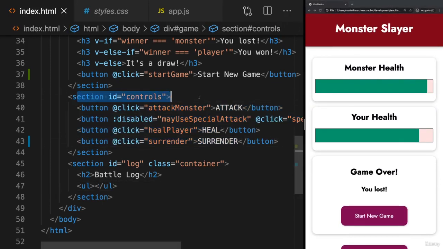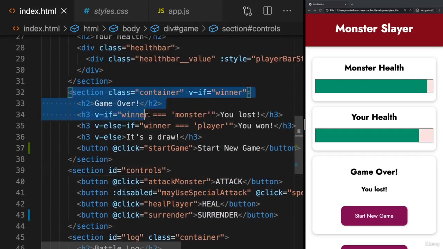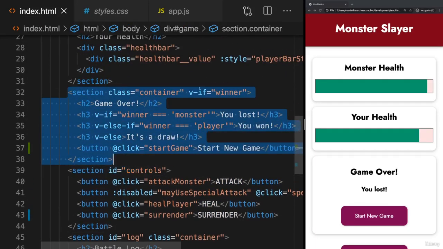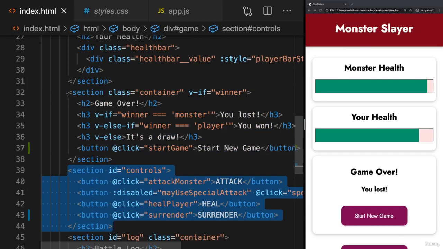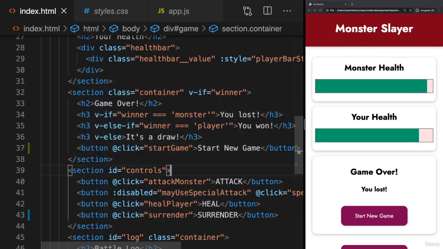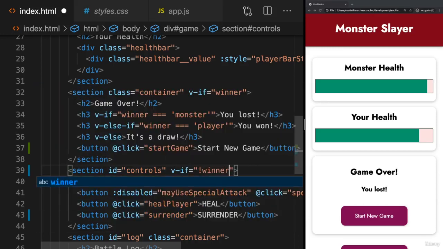So we might want to disable all those game action buttons if the game is over. Or remove the controls entirely if the game is over. And that's actually something I will do here to finish this lecture. We do show this game over container if we do have a winner with v-if. Now this section is a direct neighbor of this section. So here we could make sure that this only shows up if we don't have a winner with not winner,